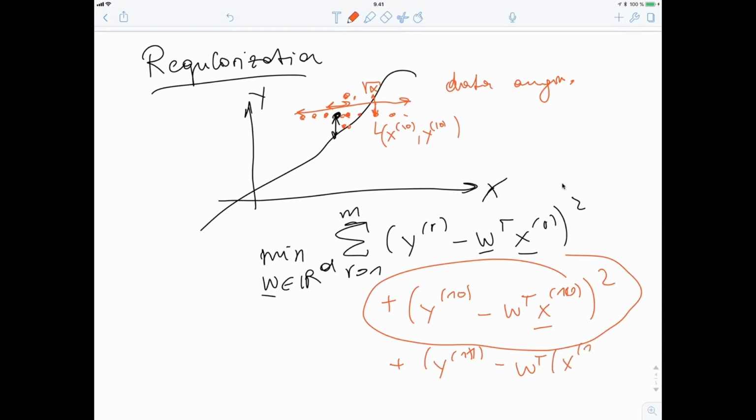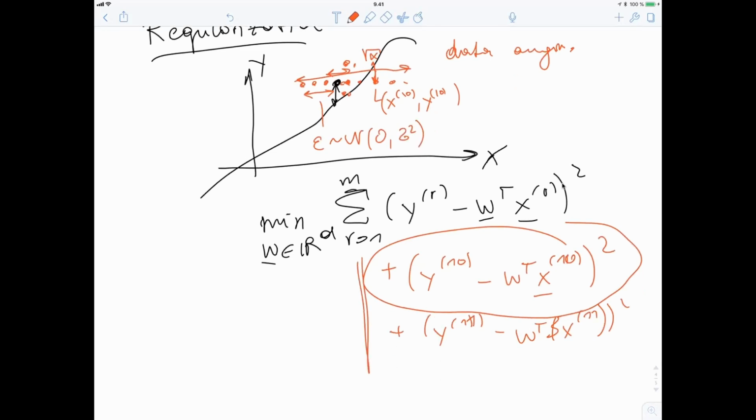If you generate these perturbations, call this perturbation epsilon, from a Gaussian distribution with a certain variance, then it turns out this sum here